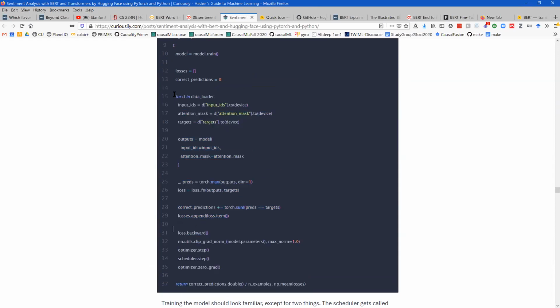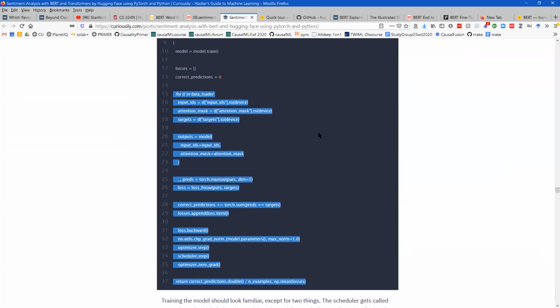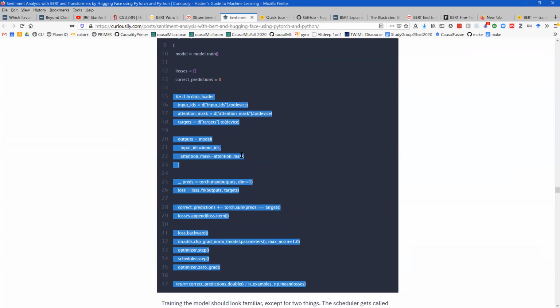Sorry. No, it stops at outputs. So at the end of the outputs equals model, that's where it stops. Yeah, it stops there. I'm not sure. I think the rest of this is all inside of this for D in data loader loop. You're right. Apologies. The whole thing, yeah. I'm starting to see it. You're right. Okay. So you back propagate inside, for each batch, right? Yeah, the whole thing is inside. Okay. So then